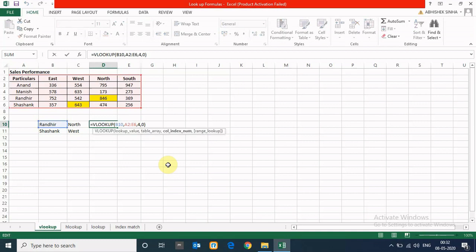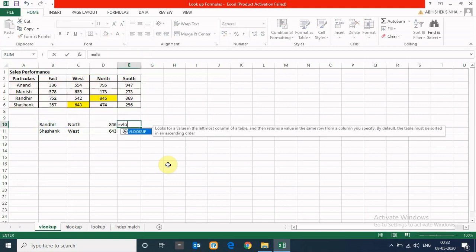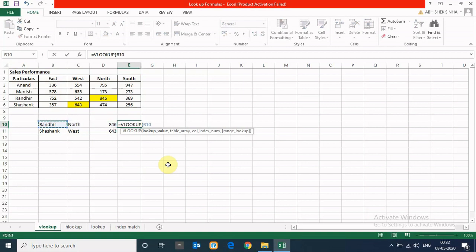The MATCH function also provides the position, so we can use MATCH here. VLOOKUP, lookup Randhir, comma, and for the North position we would write the 1, 2, 3, 4th column. In place of that we can write MATCH. MATCH what? North with the lookup array as this, comma, 0, close, and then close. So 846. Okay.